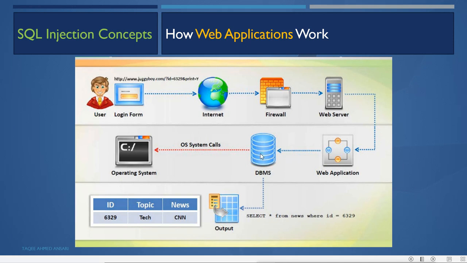Operating system calls mean the commands for our operating systems: commands to start the service, stop the service, open and close the ports, and whatever else command we have. All those operating system commands can also be executed by the database server.